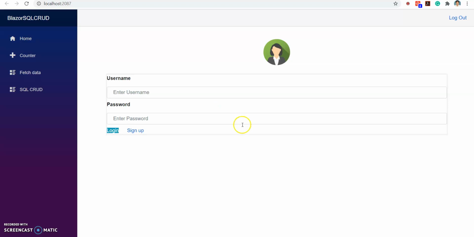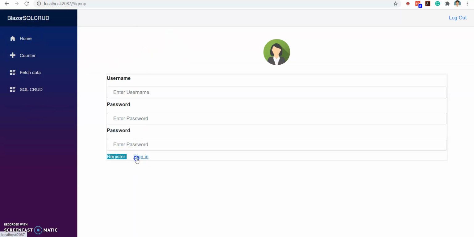So here I have a Blazor application. I designed one login screen here. If I click on sign up, it's going to sign up. If I click on sign in, it's again going to sign in page. But as it is, you can see the login page coming with the menu, but it is wrong. Normally login page is standalone. So how can I do this?